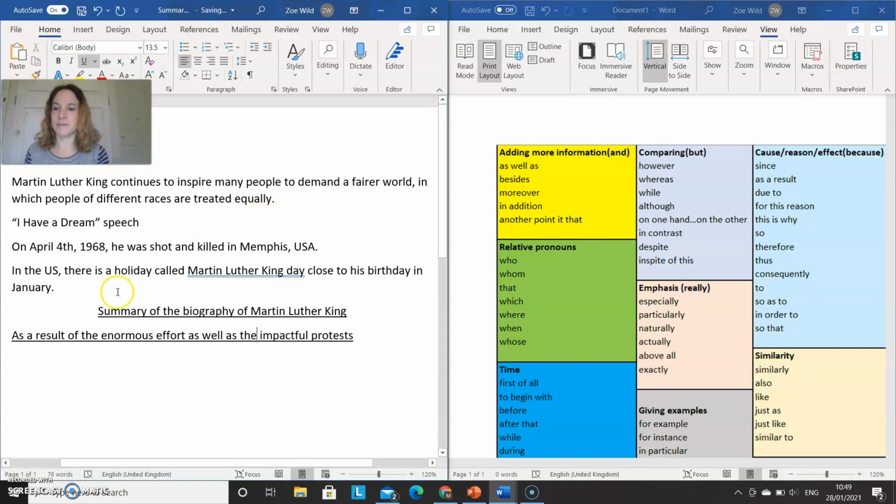So I've improved it. I could have used "and", but as a result of the enormous effort, his enormous effort, as a result of his enormous effort as well as the impactful protests,